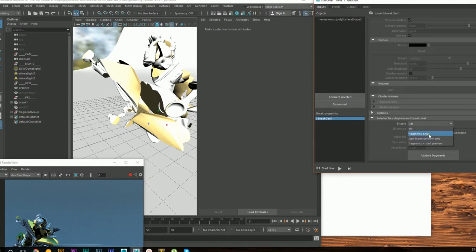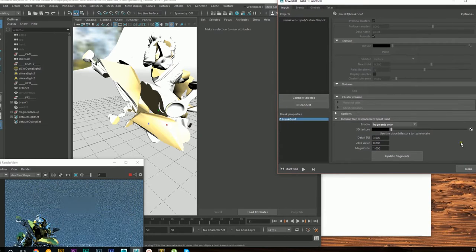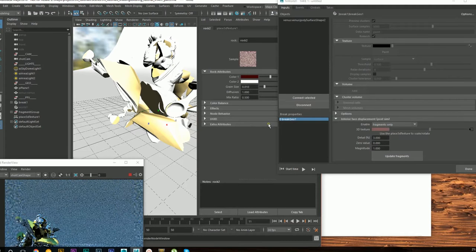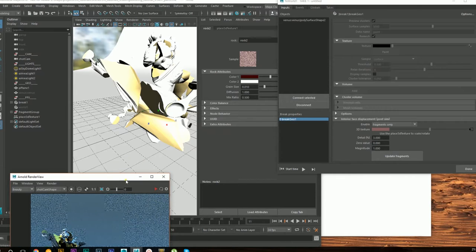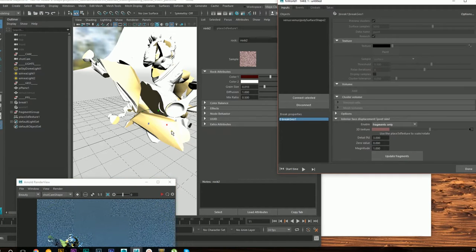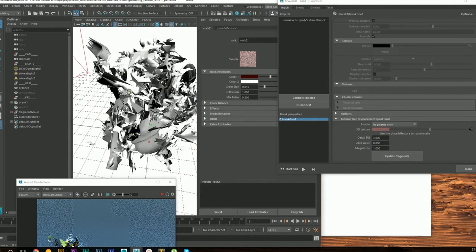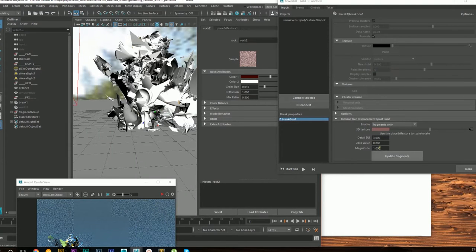So let's go to fragments only, and let's move the window a little bit. Let's add a, so like I said, 3D texture, only 3D texture, and let's use a rock texture, and let's just use the defaults. And you do have to hit the update fragments button. So you will see that takes a little bit of time because it's tessellating the geometry and so on, and by default it generally messes it up a little bit, so you have to play around a little